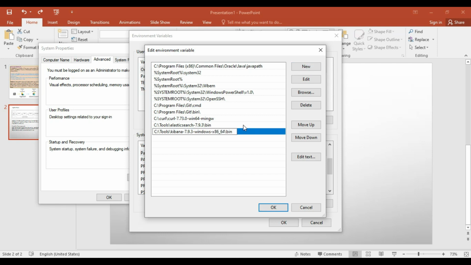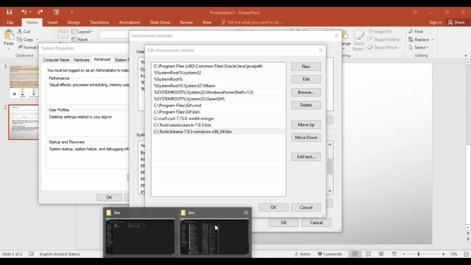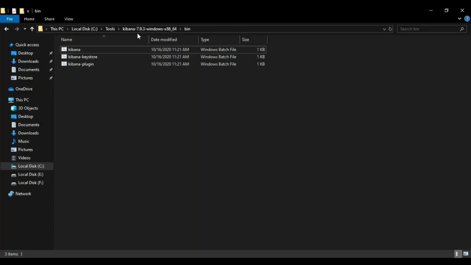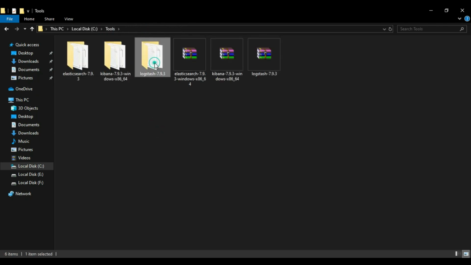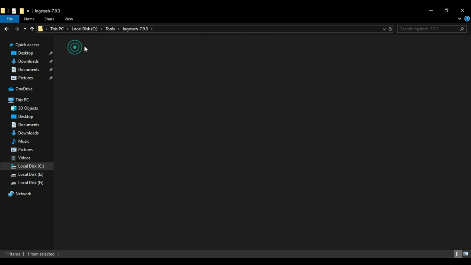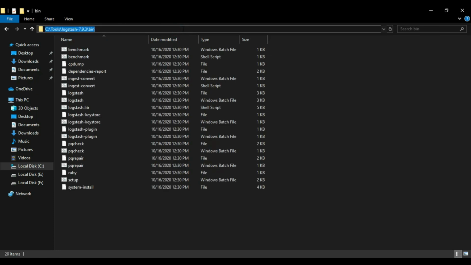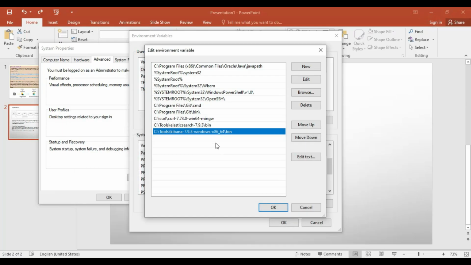Press enter. We have to do the same for Logstash: go to the bin directory, copy this path, go here, say New and paste. You can see we have set up environment variables for Elasticsearch, Kibana and Logstash. Say enter and okay.